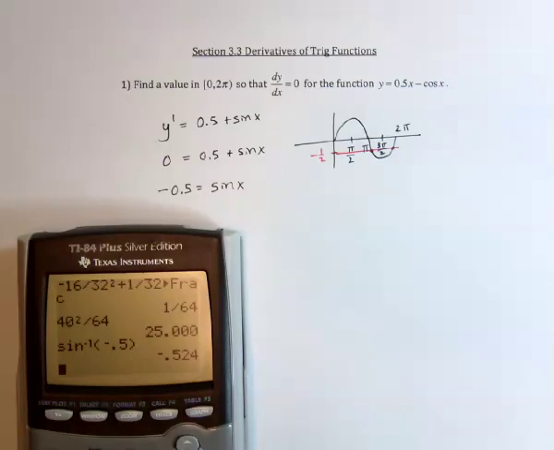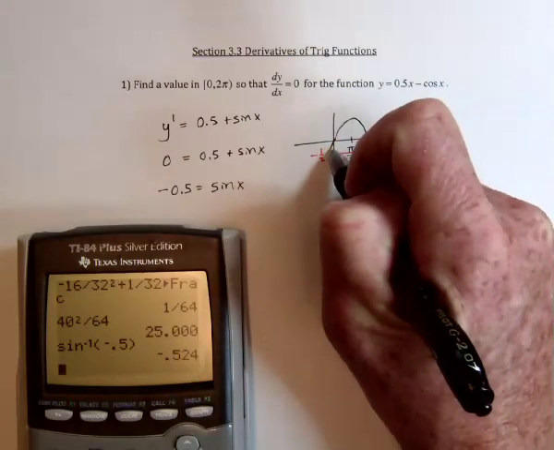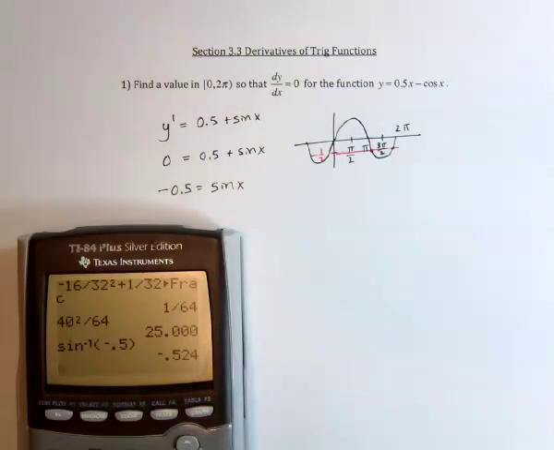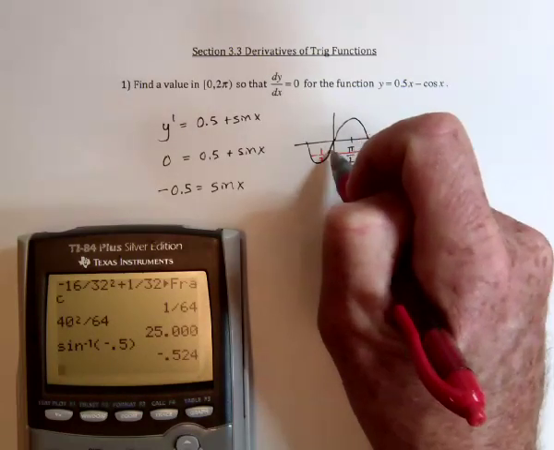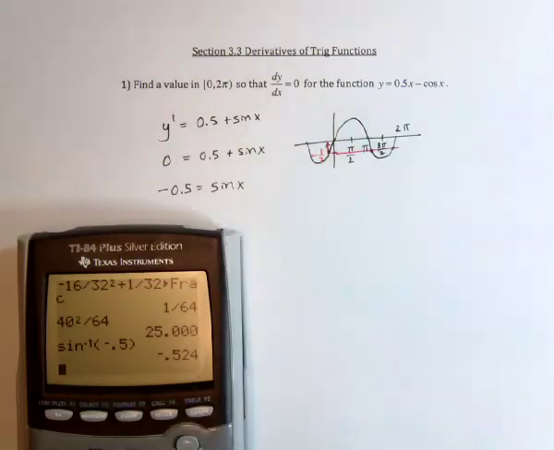And now there's 2 issues. One, it gives us a negative value, so it's actually finding a value over here. And we want positive values. And the other is